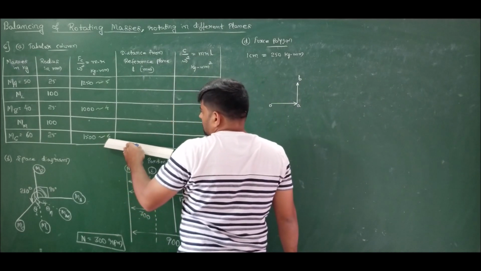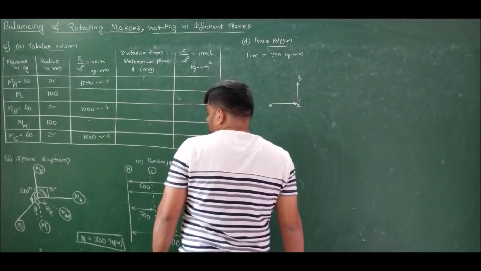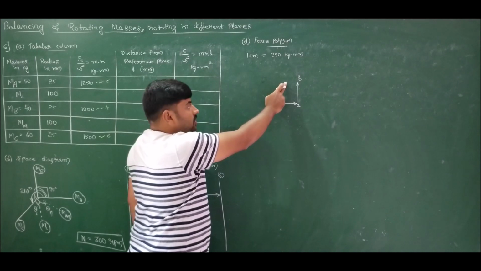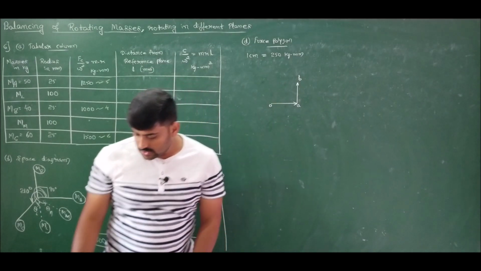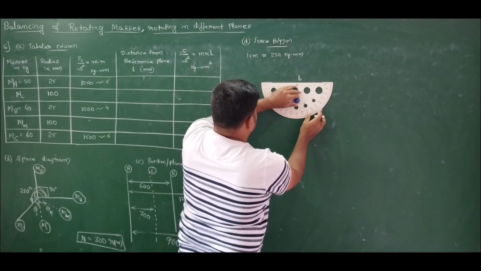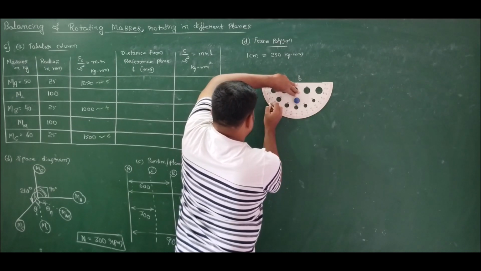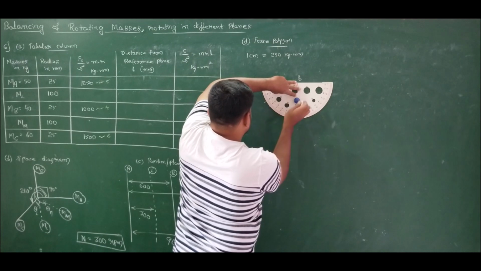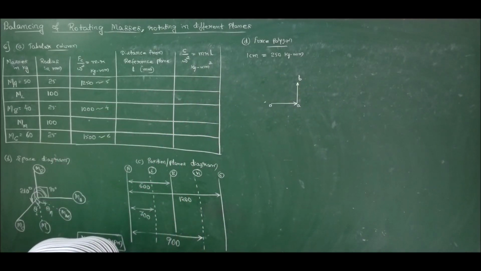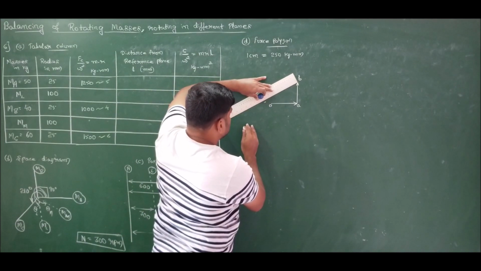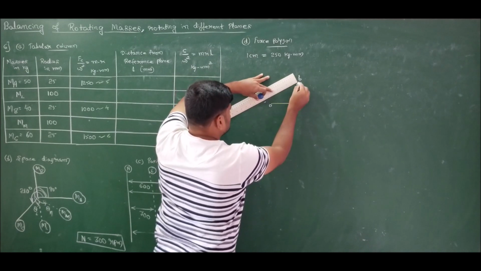Next, we have 6 centimeter. Angle of C is 210 degrees with reference to A. That is, with reference to horizontal it is 210. From horizontal to horizontal it is 180. 210 minus 180 is 30. So from negative x-axis measure 30 degree. From negative x-axis if I measure 30 degrees, I will get 210 degrees. Measured. So this length is also known for us, that is 6 centimeters. Correct? Yes. So draw 6 centimeters.